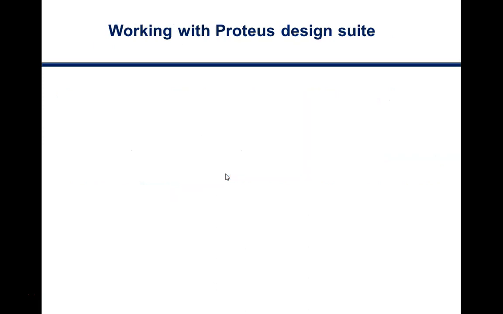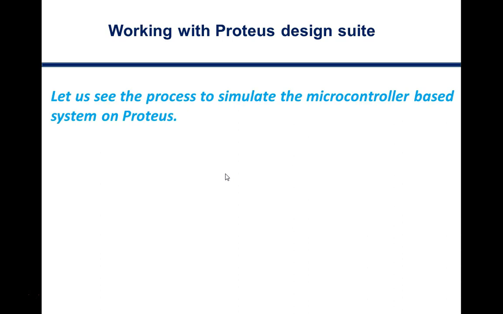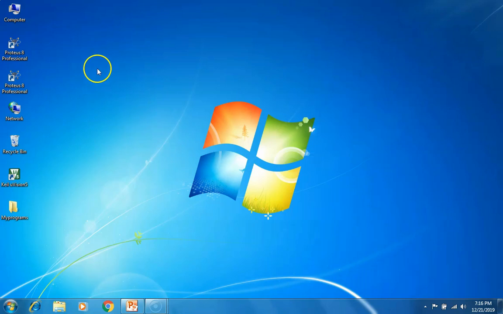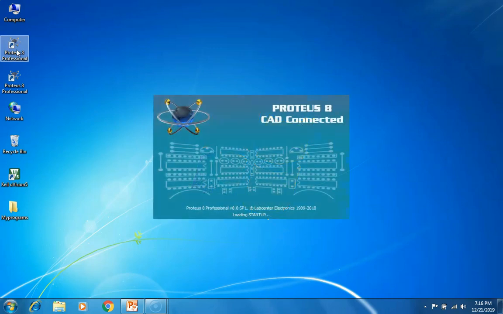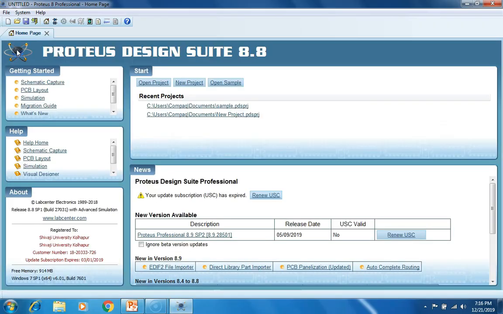Working with Proteus Design Suite. Let us see the process to simulate the microcontroller-based system on Proteus. Double-click on the Proteus 8 Professional software icon. Click on New Project.